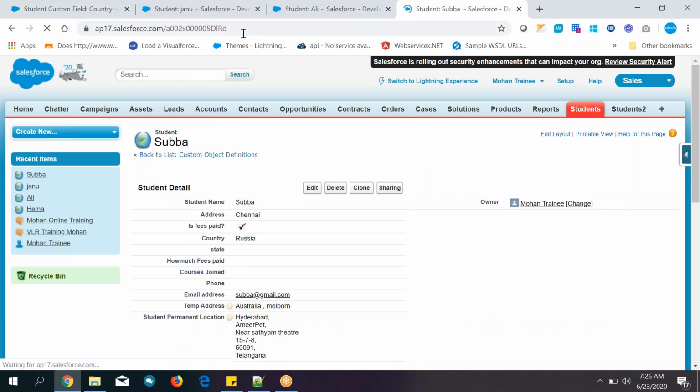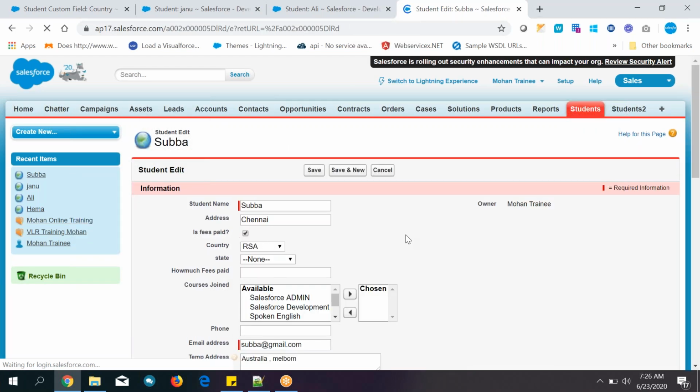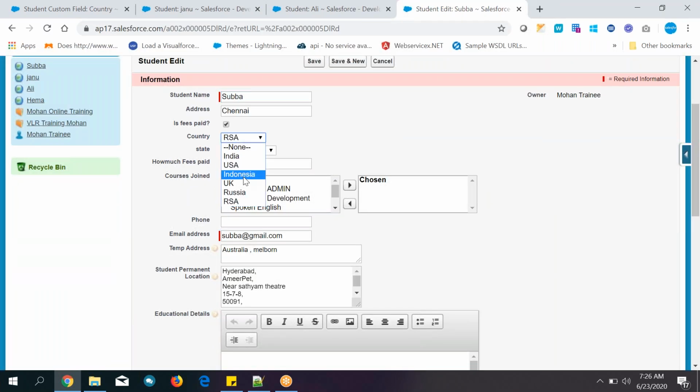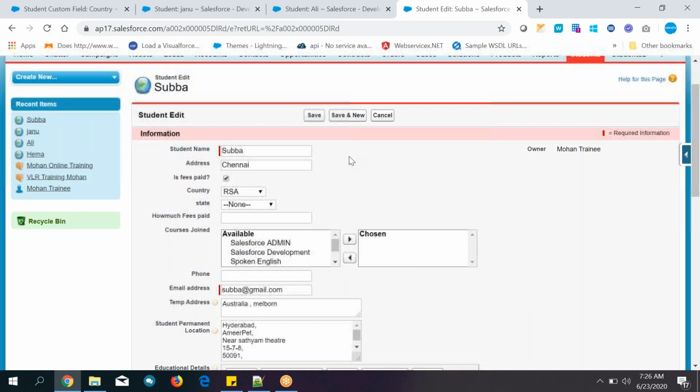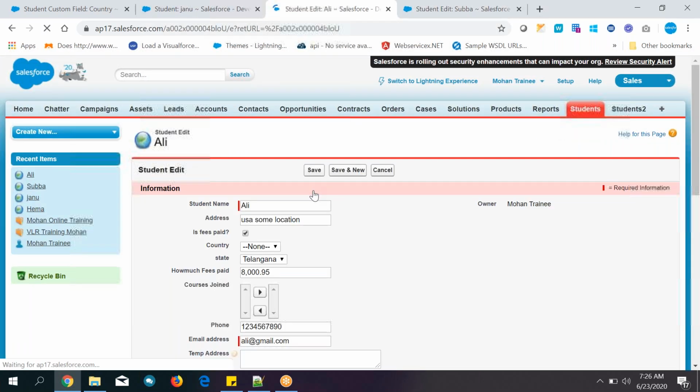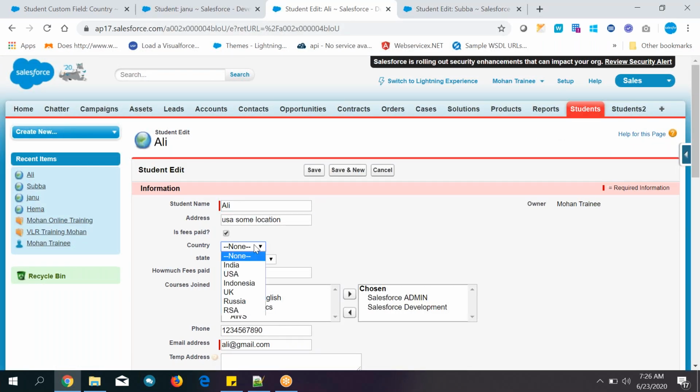See, refresh the page, and RSA will be there. Okay. Now edit it. So RSA is there, right? So check. And again, Russia also is there. Next step is what? From this pick list field, you need to remove Russia. We don't want Russia now. We are not going to use Russia. However, we are going to use, see here, RSA. Instead of Russia, RSA is there. Just use that one.